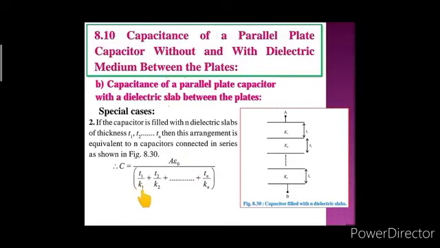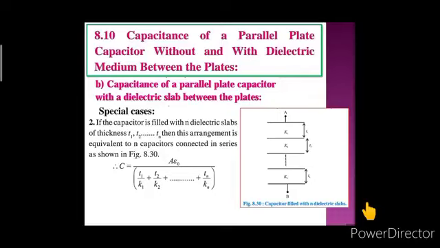And for the different values of the thickness and dielectric constants, the equation is to be written as t1 upon K1 plus t2 upon K2 plus till tn upon Kn in the denominator. So here we are getting the capacitance when the capacitor is filled with n dielectric slabs of thickness t1, t2 till tn, and this arrangement is equivalent to n capacitors connected in series. So the value of C we are getting as A epsilon naught upon t1 upon K1 plus t2 upon K2 plus till